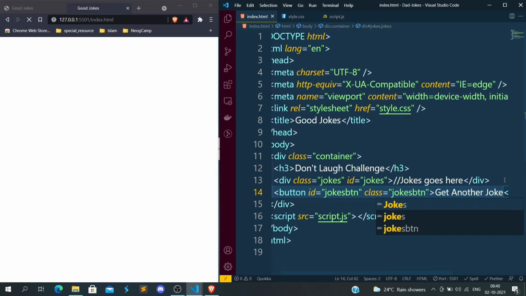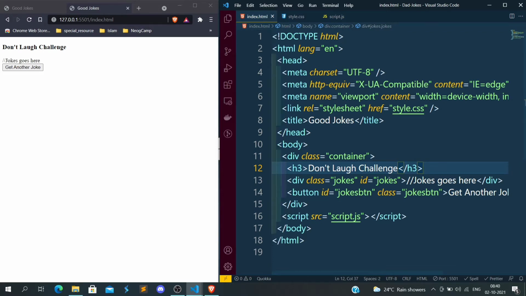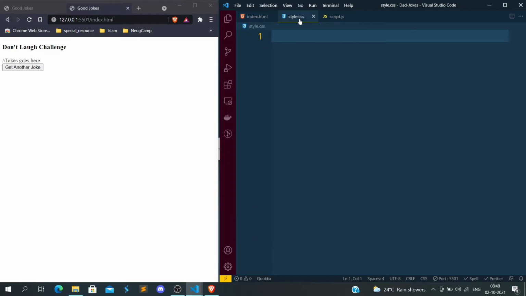Just save that. So this is all we need in the HTML. We have this container. Inside that we have the h3, and we have the div where the jokes will come, and then we have the button. So let's move to the CSS. That's all we need in the HTML.